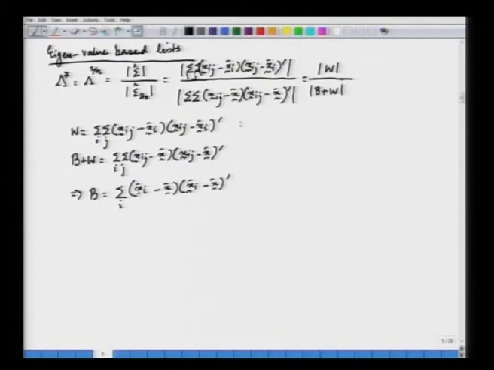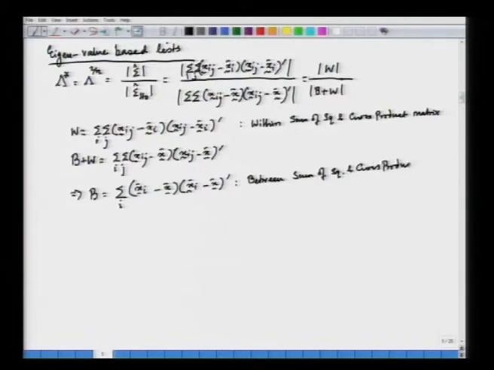So, in the multivariate analog, this is called the within sum of squares and cross product matrix, the cross product being the extra term we use in the multivariate case, and B is nothing but the between sum of squares and cross product matrix,